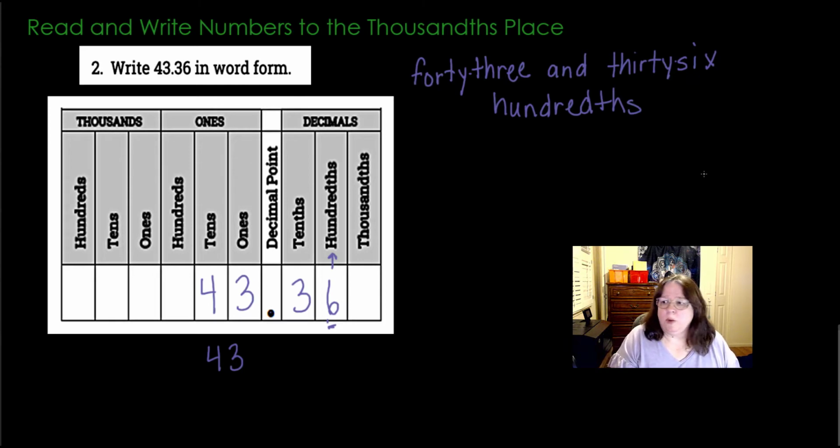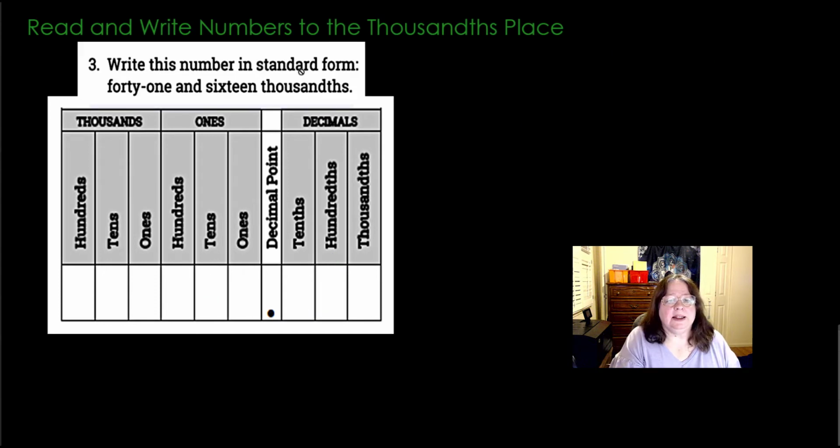Let's try one more. Write this number in standard form. This time we have to read the number 41 and 16 thousandths. So the very first thing I'm going to do is look for the word "and," because I know that would be where the decimal point goes. So what is to the left of "and"? 41. So I would just write 41 and 16